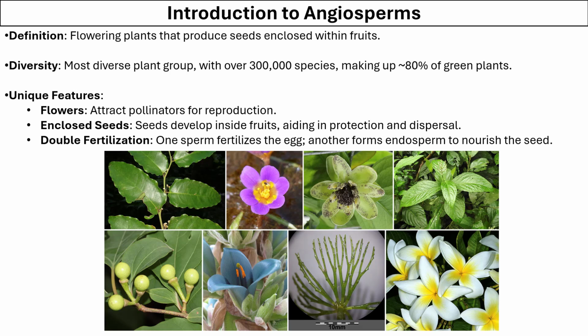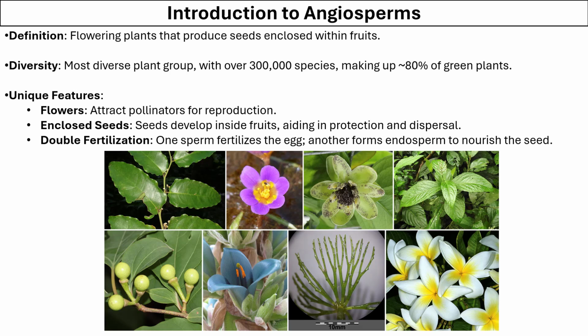green plants. The unique features of these plants are they have flowers which are used for attracting pollinators like insects. They have enclosed seeds which are present inside a fruit, and they have double fertilization in which two sperms fertilize with the female organ. One fertilizes with the egg and the other one forms the endosperm, which is the nutritive